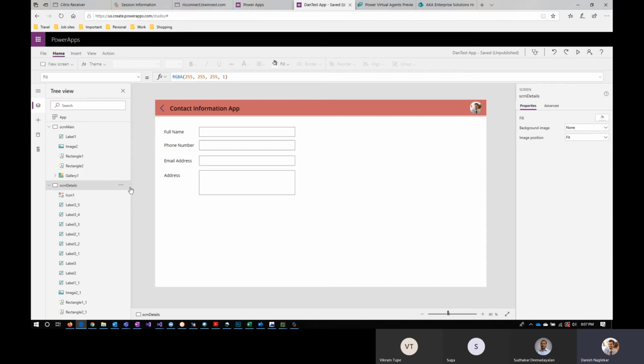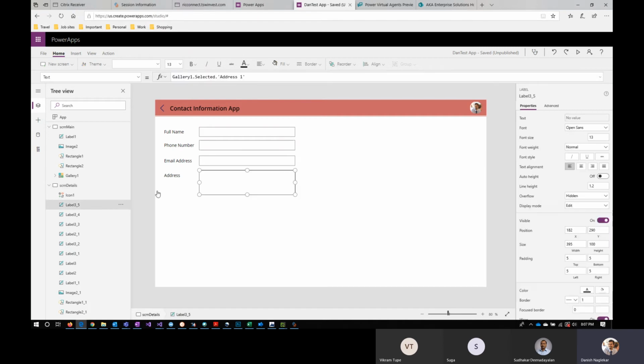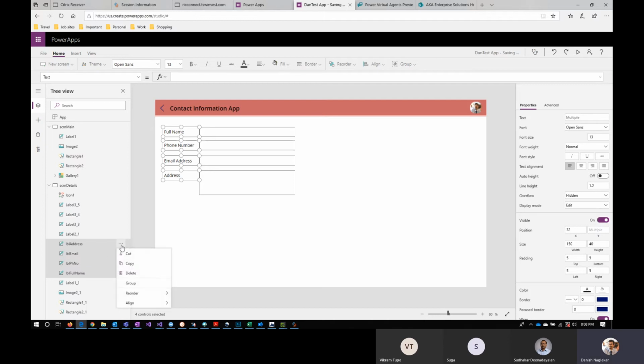What we're going to look at today is how to group and ungroup. For example, say I want to group all these labels together. Let's first rename this. So label, LBL, then phone number. Okay. Now I want to group this. What I do is hold my shift key and select, so I can select multiple things at one time. Then I click on this ellipsis again and say group,